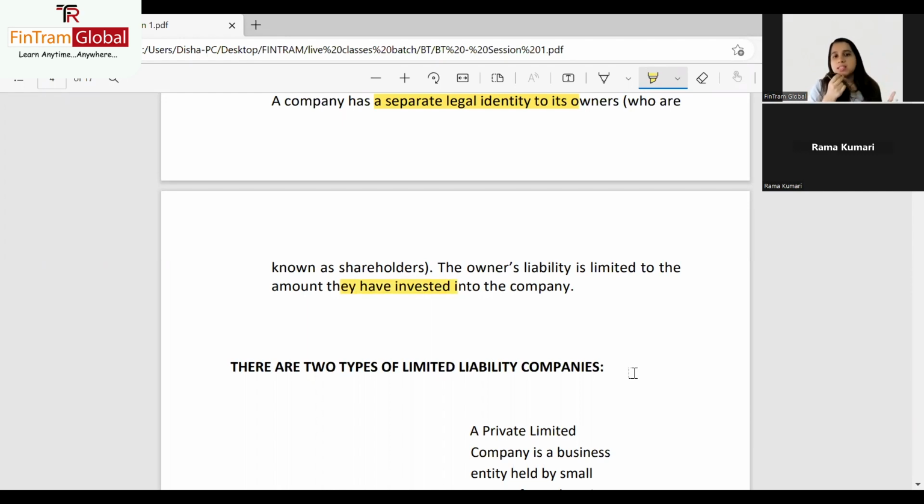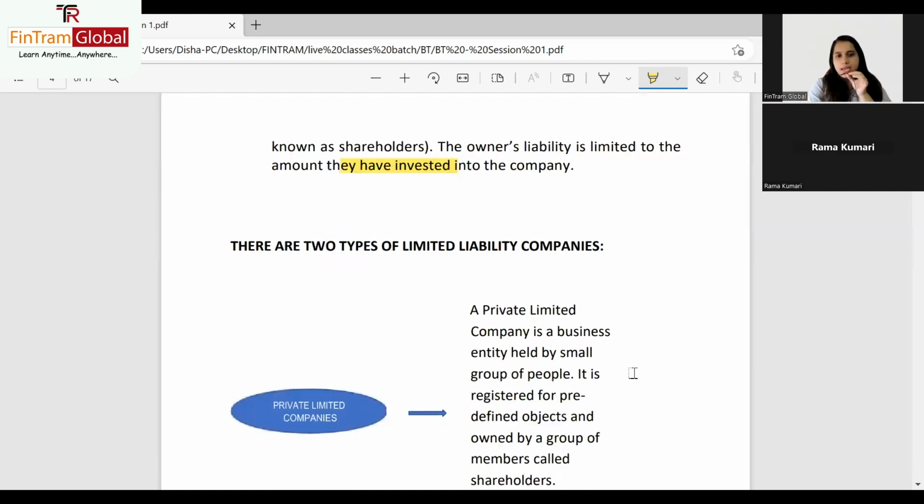So if we say the company has a separate legal identity, what are we basically saying? That a company is different, and the people who own it are viewed as a separate legal entity. So if the company goes bankrupt, the creditors or bank, whoever the company owed money, can't really go to the shareholders and say, you sell your personal properties and whatever personal things you have, because you have to pay us. No, it's the company which has gone bankrupt, and the company is a separate legal entity. So the shareholders will only lose probably the amount that they have invested and nothing else. They will not have any personal liability there.